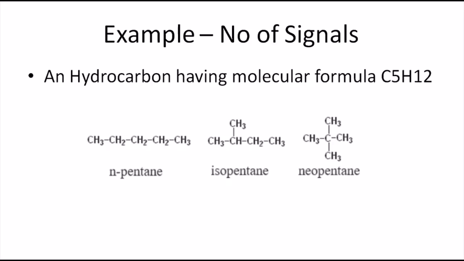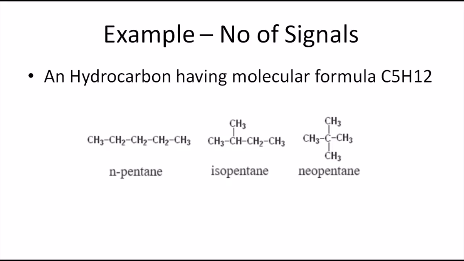Can UV? No, because all are saturated. This compound is almost UV transparent. It has only a sigma to sigma star transition. No other transition is possible in this molecule, and therefore it is almost UV transparent. UV gives no clue. What about IR? IR will give only a peak for CH stretching. There is no other peak. It will give some bending vibrations, but we cannot use bending vibrations to distinguish. Right? You may need computer software to compare and say which is which.